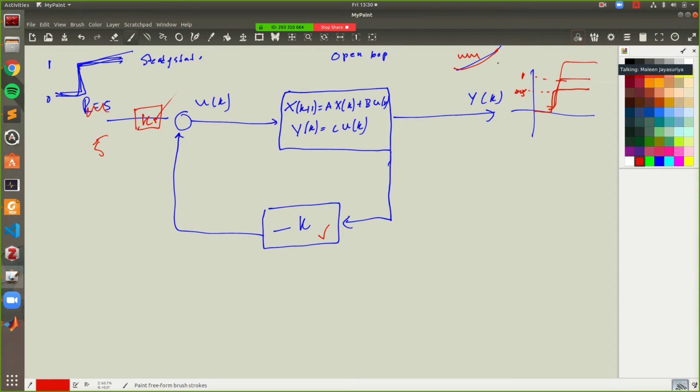So there's lots of things you have to worry about. You have to worry about stability, you have to worry about how it reaches the steady state and so on, right? But pole placement is basically this matrix, determining what values are in this matrix so that your closed loop system, as soon as you put this feedback, becomes a closed loop system that has the poles that you want it to have.